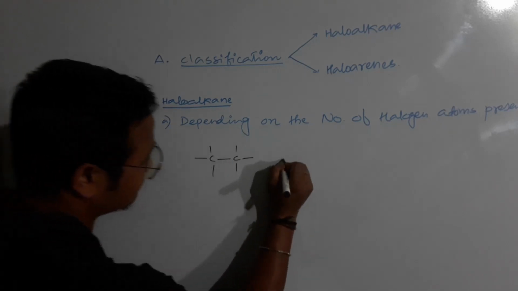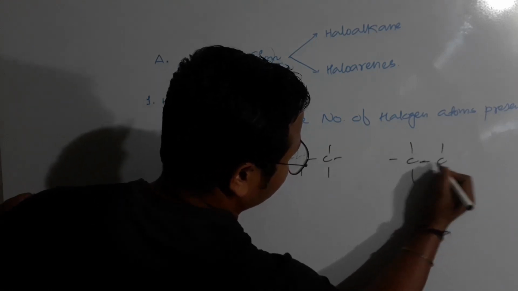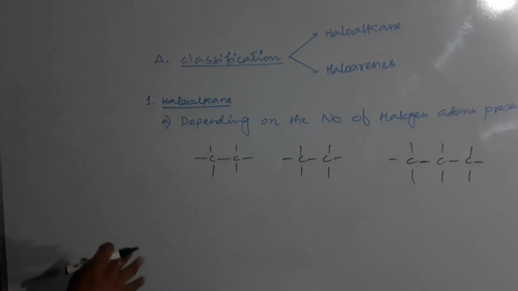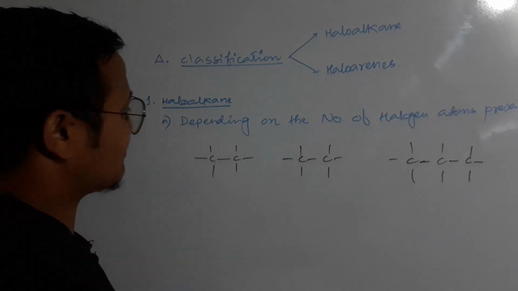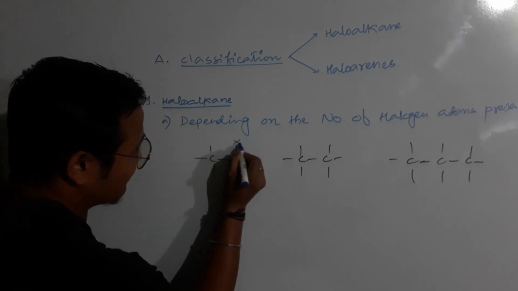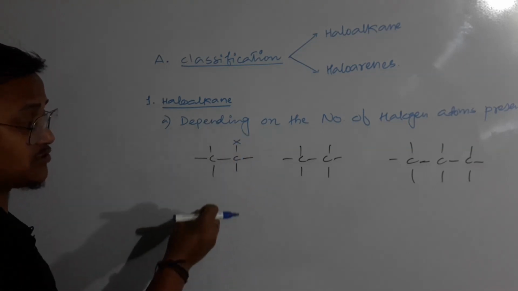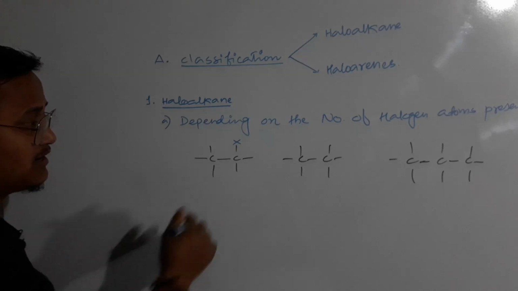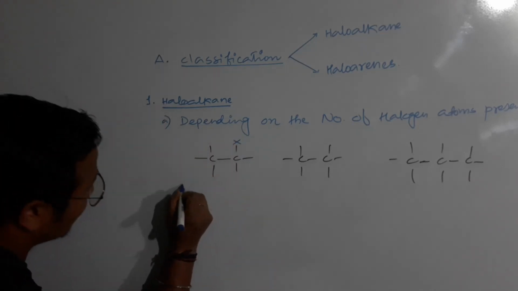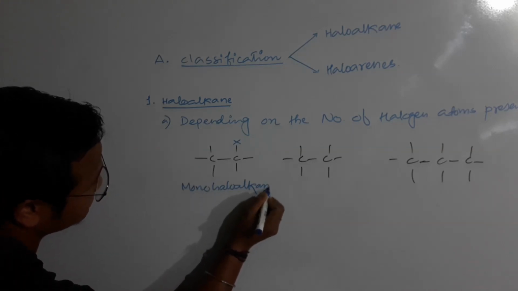Say I have not added anything here, I have not filled the valences; either carbon or hydrogen would be there, right? Now consider earlier we had hydrogen here. Now what I did is that I just replaced that particular hydrogen by halogen. So we are displacing the hydrogen by one halogen atom. As it contains only one halogen atom, it will be pronounced as monohaloalkane.